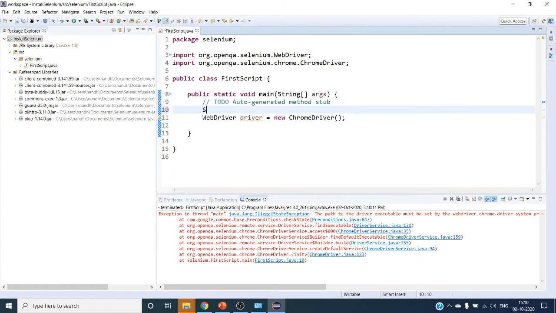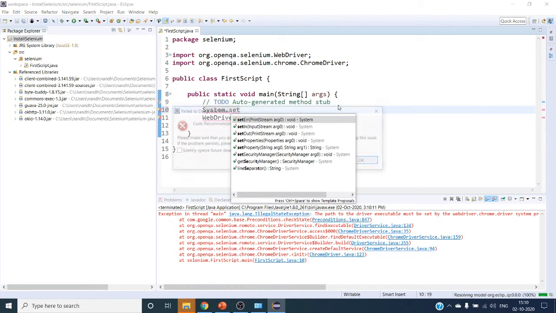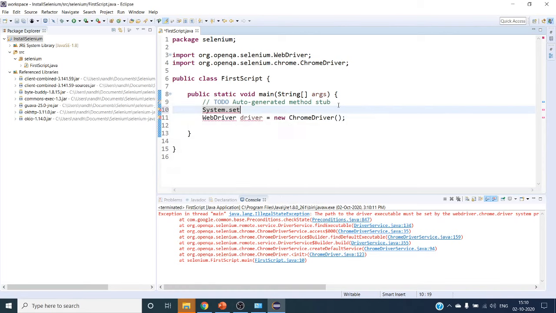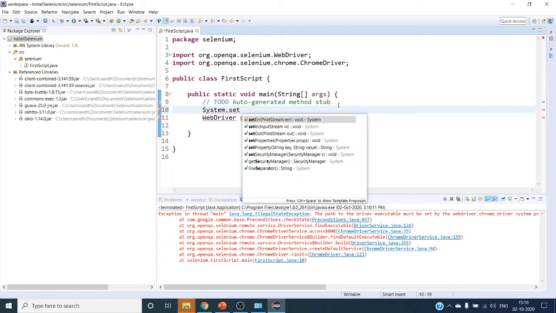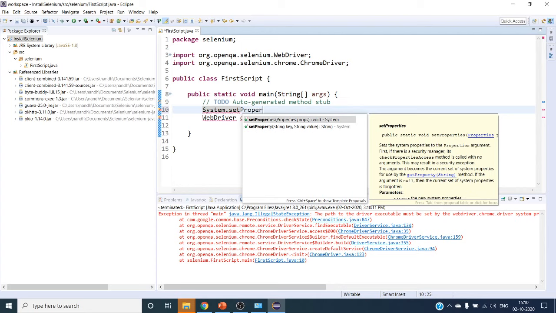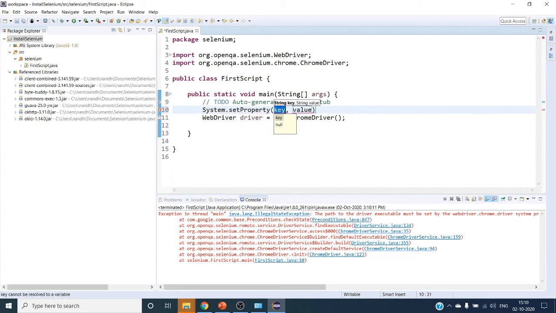To set that up, use System.setProperty. The key for Chrome driver is webdriver.chrome.driver. This is the exact path you should give.